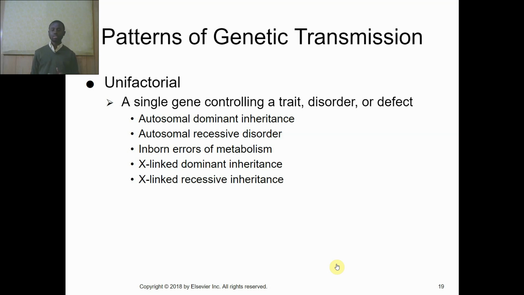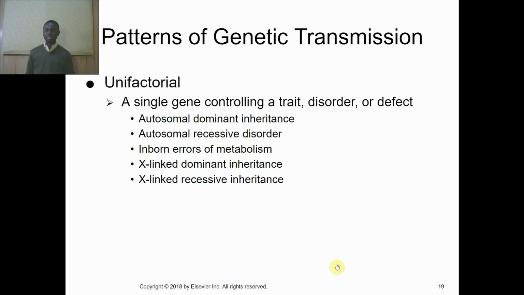And so in autosomal dominant inheritance, the gene is very penetrative and its expressivity is high. That's why it's at 50%. Okay. Then we move on to